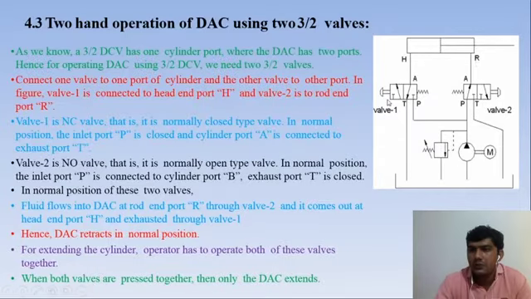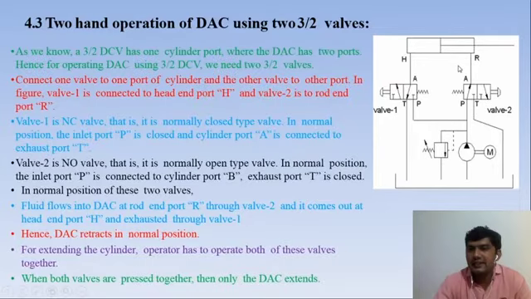The cylinder will move from right hand side to left hand side. If you do not press valve one, the output will be 0, so no operation of the cylinder. At the same time you have to press this button for retraction. So fluid will be passed from the pump to port A and port A to T and T to reservoir. So this is the double acting cylinder operated by two-hand operation.